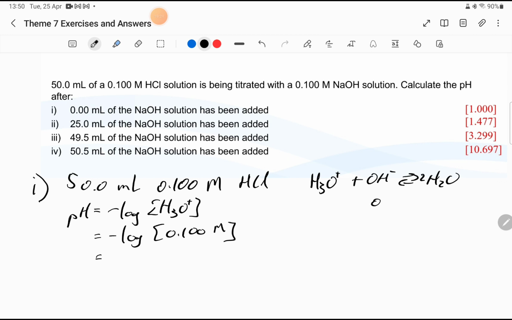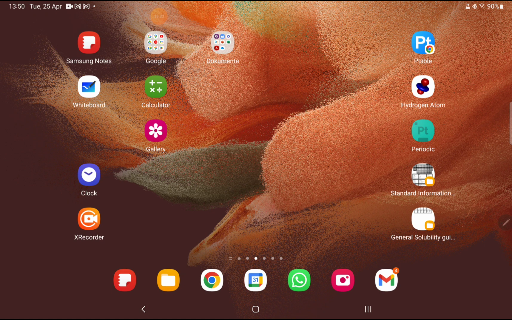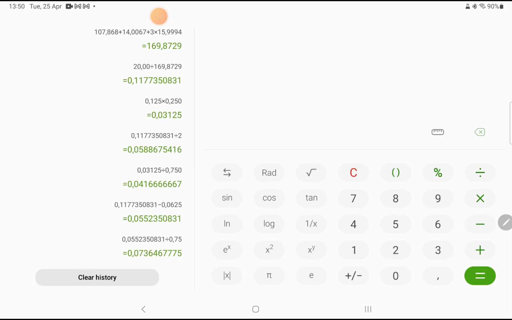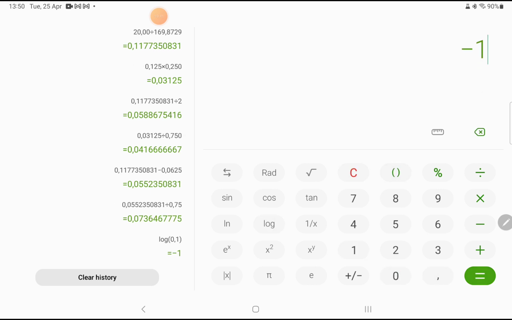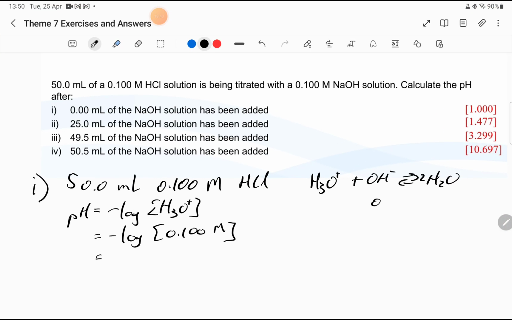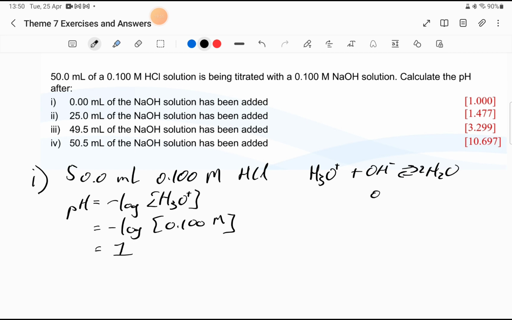which I believe is 1. Let's just do it on a calculator. Yes, I was right. So we'll have a pH of exactly 1 if we have a 0.1 molar hydrochloric acid solution. Now, we will start adding